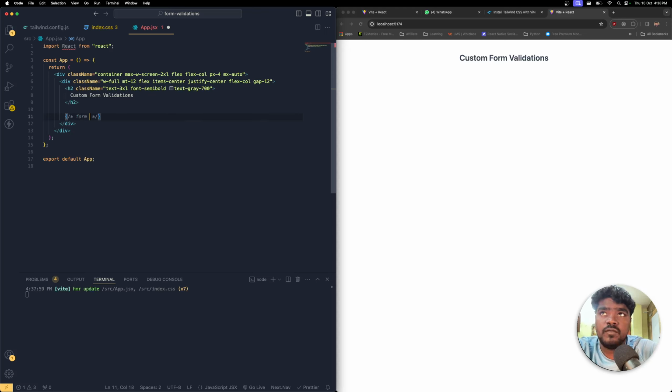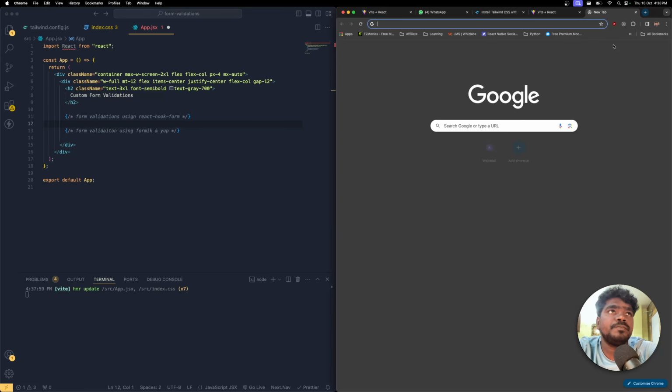So form validations using React Hook Form, and then we're going to work with the form validations using Formik and Yup, these two, right? These are the two things that we are going to work with. All right, perfect. So all I have to do now is get back into the video over here,